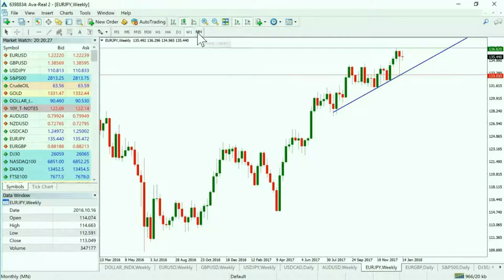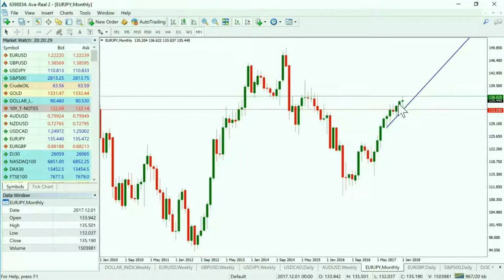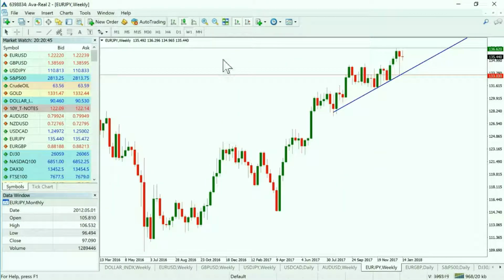136.60. On a monthly, we're just getting a bit of indecision. It's not clear in terms of what direction this market is going to move in from a monthly time frame. However, there's obviously a little bit more scope to the upside, because we want to take into account what's previously happened. And in terms of a directional bias, we're looking for opportunities to obviously buy this market, to continue to the upside, unless something significant changes.